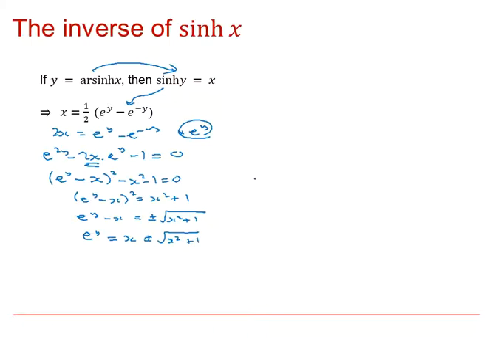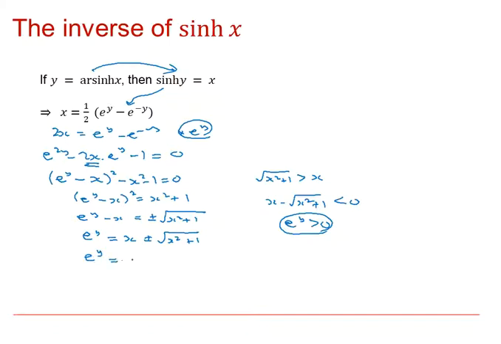However, if you think about the square root of x squared plus 1, that must be a little bit bigger than x, which means that x minus the square root of x squared plus 1 would give us a negative answer. But we know that e to the y has to be positive. So we can dismiss this negative answer